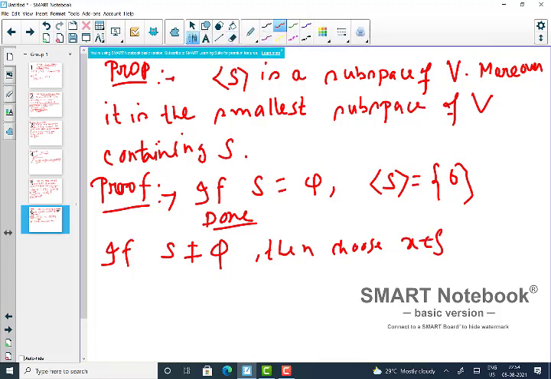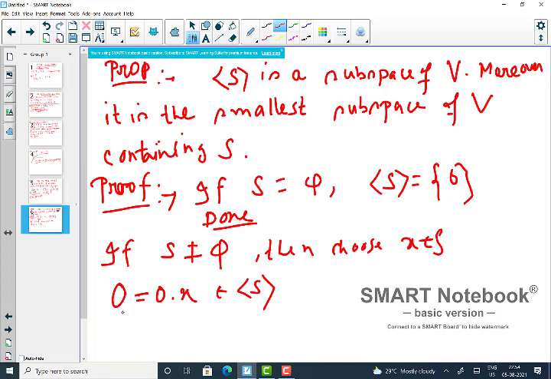This is my x, and whenever I have element x, I know that the 0 vector I can write down as nothing but the linear combination of scalar 0 times x, right? And by definition, this is an element of span of S. The span of S contains all the linear combinations. So that is clear, that the 0 vector, this left side is a vector, is an element of span of S. So the first condition is satisfied: